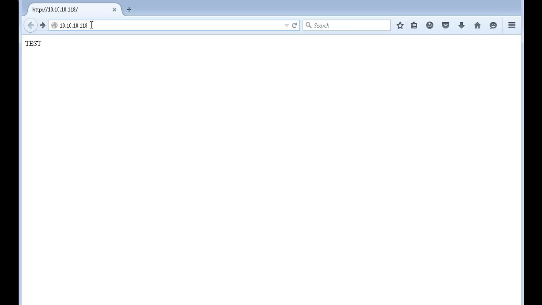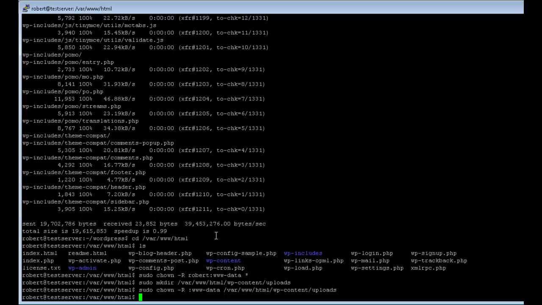When it hits that IP, it will hit the DNS server internally, which will be forwarded through your router by port forwarding, and will be directed to the IP address of your server, which will then find the files for your website. So just to take a look at this WordPress,